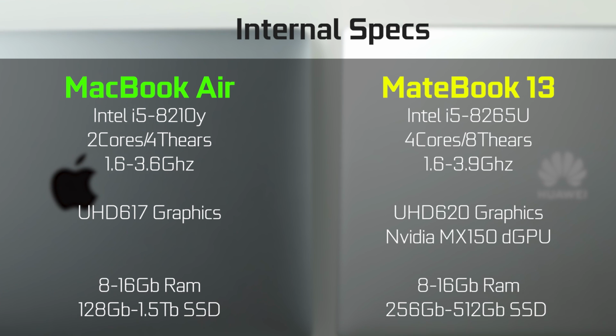On the Huawei, you have thankfully a little bit more options. You have a Core i5 and a Core i7 version, basically slightly higher clock speeds on those processors. We have the Core i5-8265U, and we have built-in UHD 620 graphics. You can also get a discrete graphics card option, courtesy of the NVIDIA MX150 that has 2 gigabytes of GDDR5